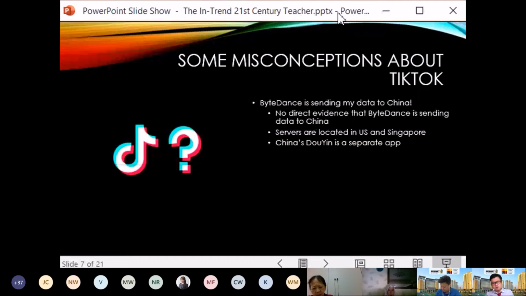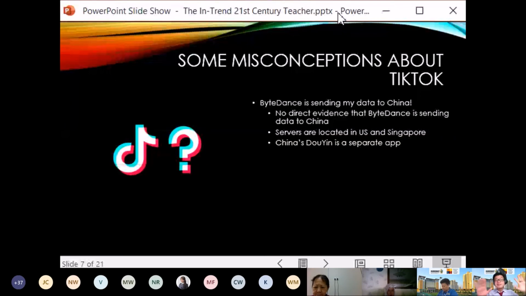They have to jump through a lot of loops in order to download this app. If your students are already on Douyin, all they have to do is download TikTok, a separate one, because in the students' minds, Douyin is the China version of the app, and TikTok is the international version that we are talking about.